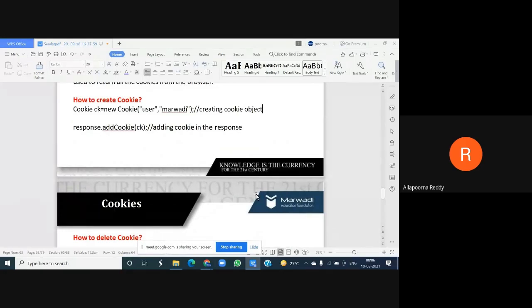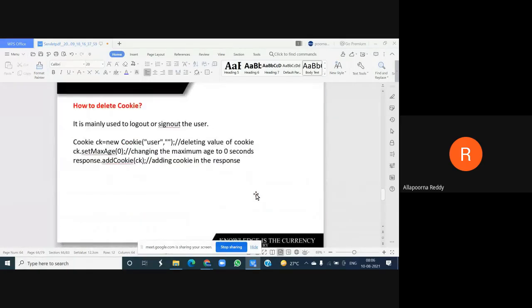So once you have created a cookie, you may want to delete it. It is mainly used to log out or sign out the user. If you log out or sign out from your browser, your cookie will automatically be deleted, as I told about the persistent cookie. But if you want to deliberately delete a cookie which you don't require when you are already logged in,